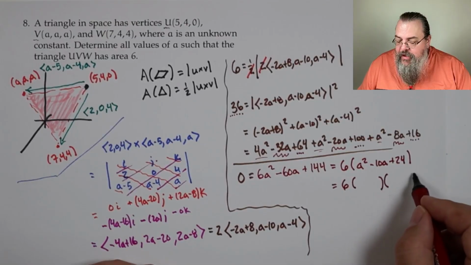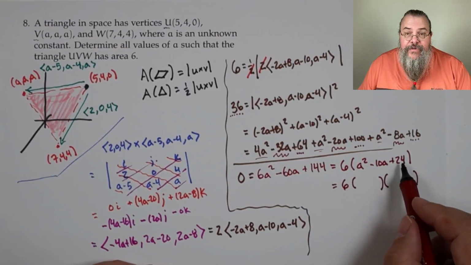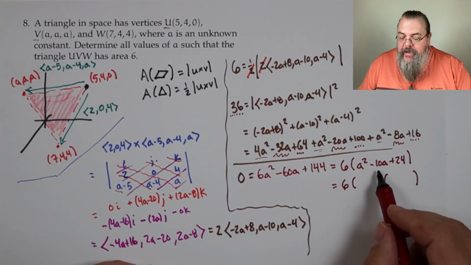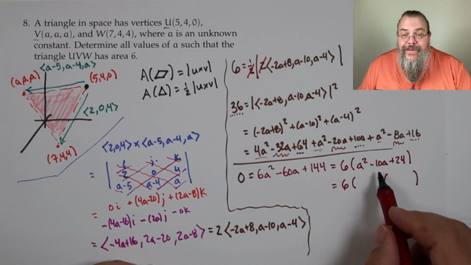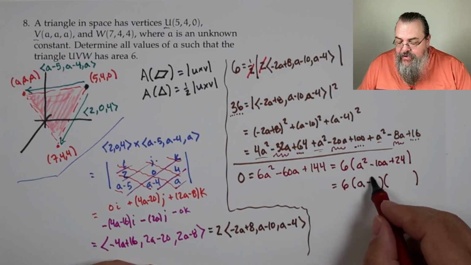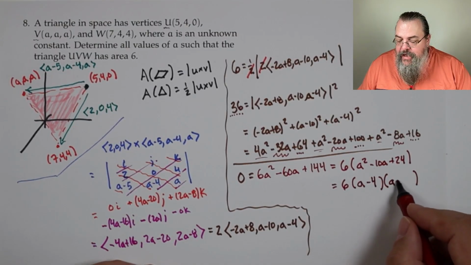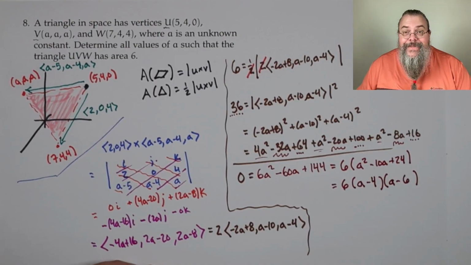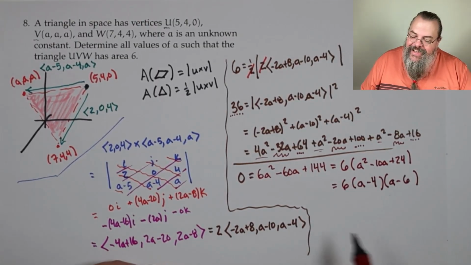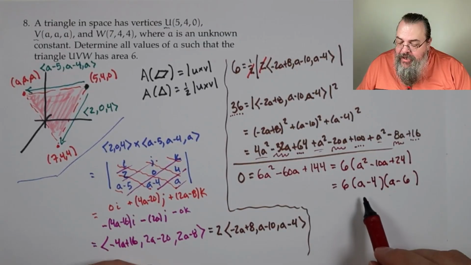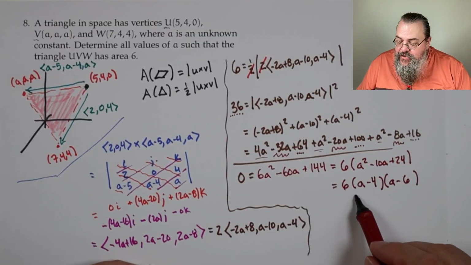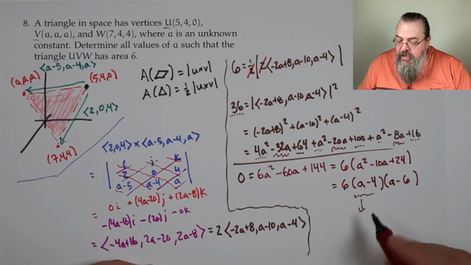So I need two things that multiply together to give a positive 24, but when added, give a negative 10. Turns out you can do a minus 4 and a minus 6. Nice! All right, so with that in mind, that leads to two solutions, namely a equals 4